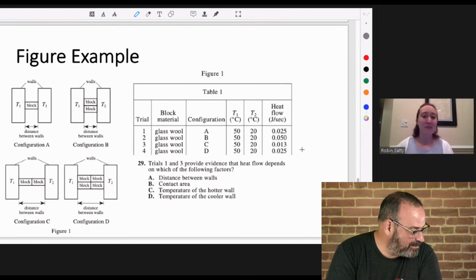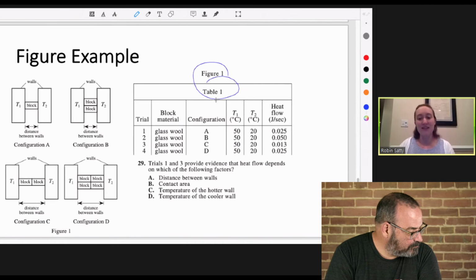A figure that is not a table, but a table associated with it. Yeah, there's a table in this question. It's a regular table, but we're also looking at a figure. A figure is something that is not a table or a graph. Sometimes they sort of look like graphs. Sometimes they have axes. Sometimes they don't. Sometimes it's just a pretty picture that has some things labeled on it. It very often has a picture and some words. They're usually not too tricky to interpret, but usually the challenge is interpreting the figure as opposed to the content